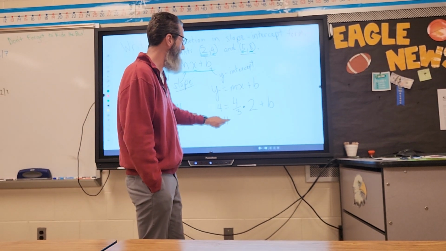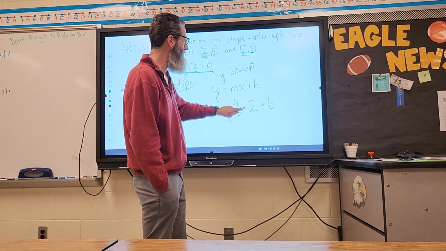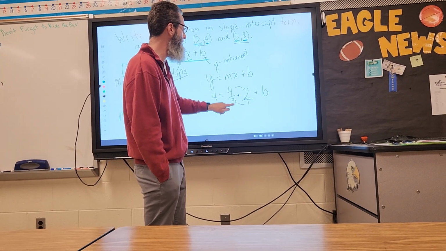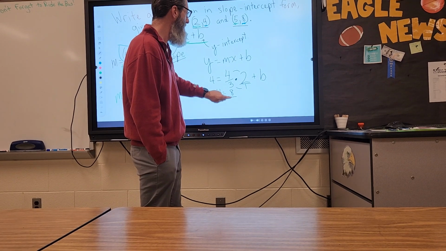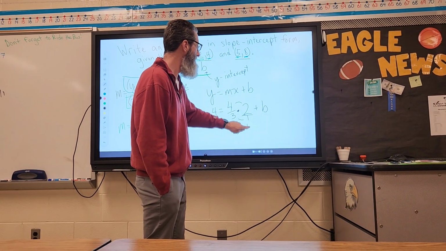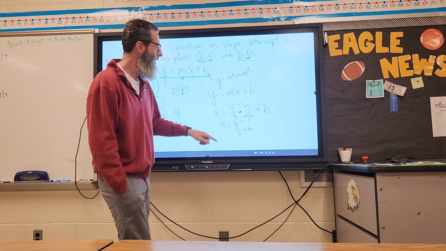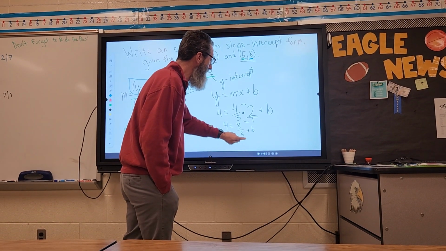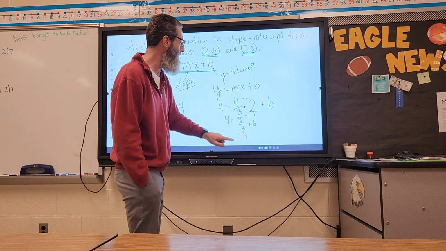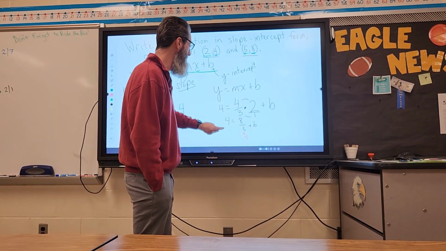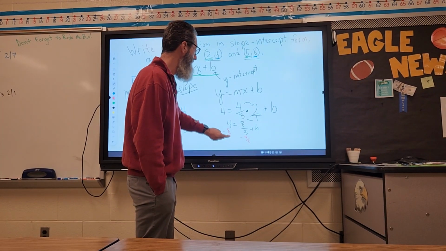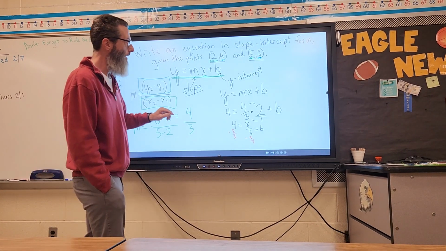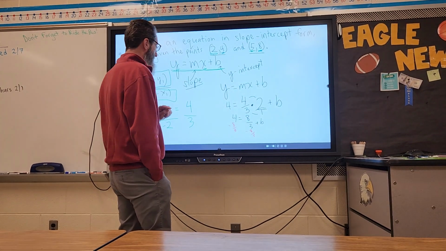Okay, so let's simplify. 4/3 times 2. When you multiply fractions, you multiply straight across. 4 times 2 over 3 times 1. So it's 8/3 plus b. So we're going to now solve for b by subtracting 8/3, so b will be by itself. And if we subtract 8/3 there, we have to also subtract 8/3 on the left of the equal sign. And so with a little bit of algebra,